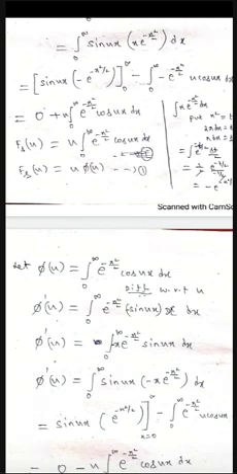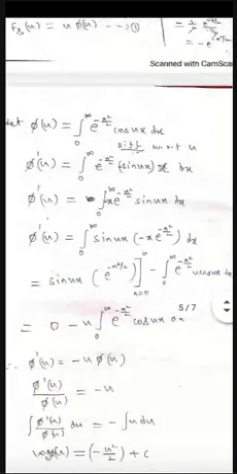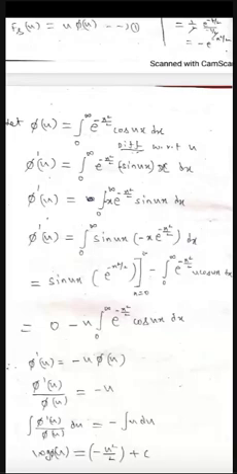Phi of u you have. Now let us differentiate with respect to u. So that phi of u becomes phi dash of u. Okay. And if you differentiate with respect to u, already I told you,